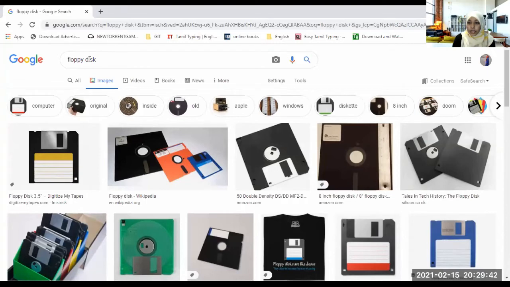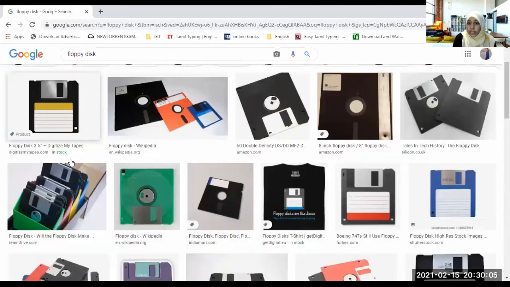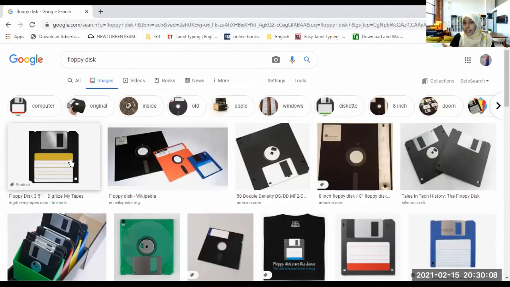Modern devices have come. The capacity of a floppy disk is low. You can't save many things on it like you can on CDs. Only small space is there. You can't find floppy disks nowadays because they are old. So it is gone now. Right, good. Let's go to the other slide.